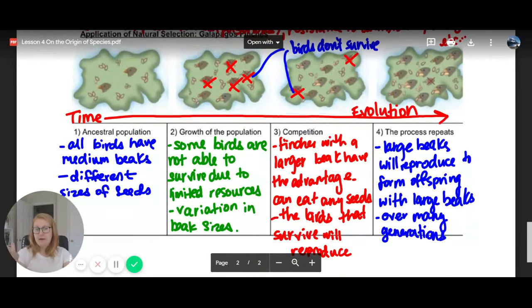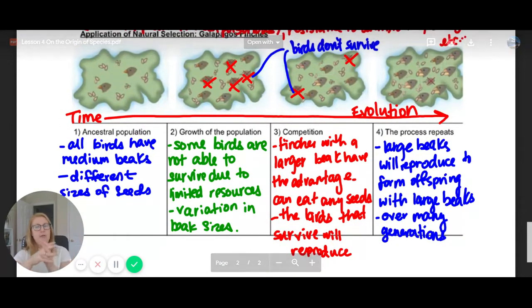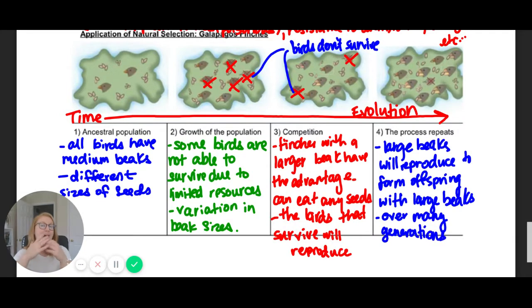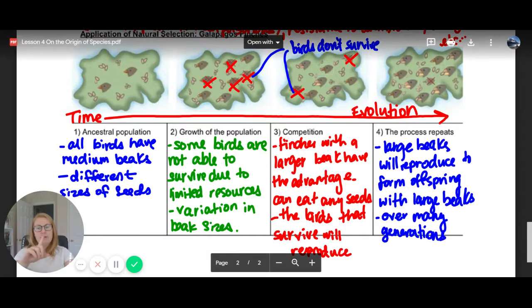One thing I'll just mention here, and this goes back to what I said originally, this idea of natural selection. Well, how is nature actually contributing to this? What I was mentioning was that there's going to be something in nature that guides this process. And in this particular example, it's the source of food. Those who are able to use the food source are able to survive and reproduce. Those who are not able to use it, unfortunately, don't survive.